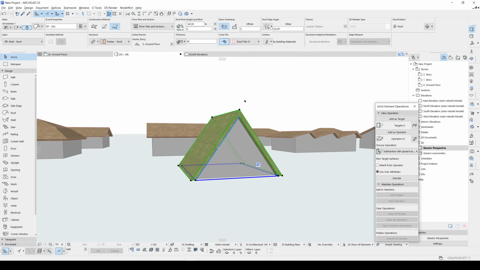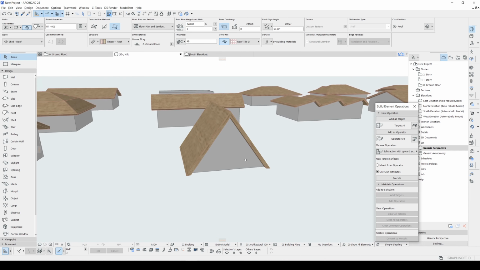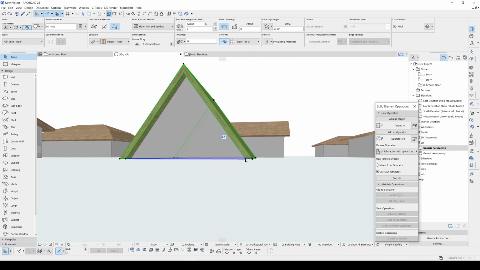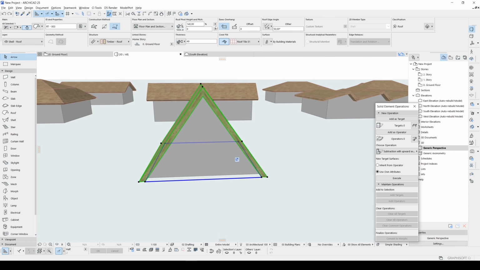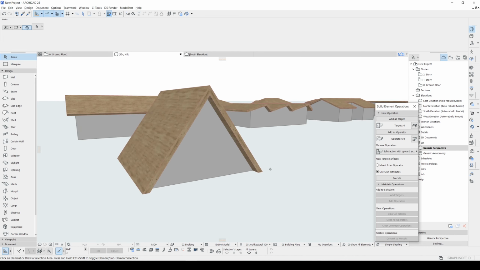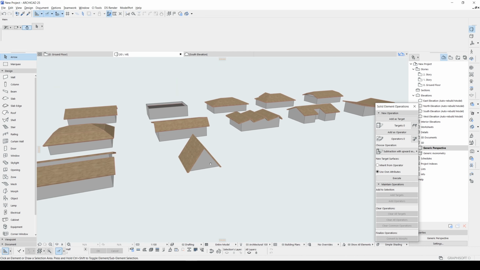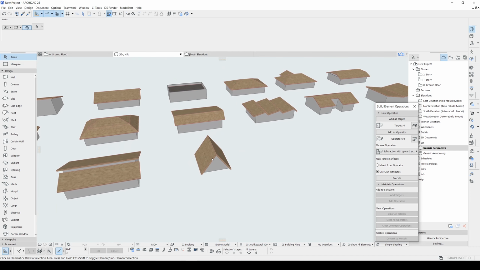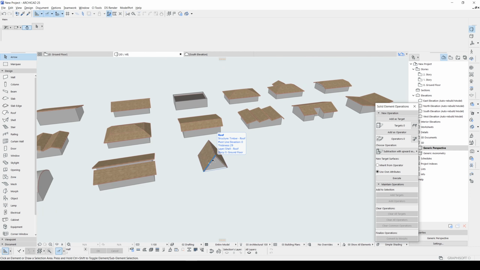I think we made a mistake. If you want this looking flat, you will change this slope to degree and you will copy this value and paste here. And now they will be exactly the same value and complete the flat. And this was the A-shaped roof, and let's move forward.